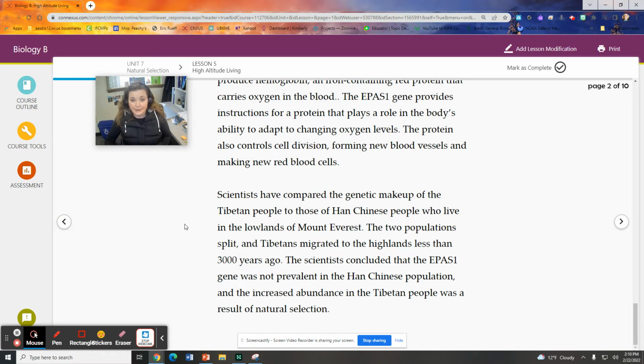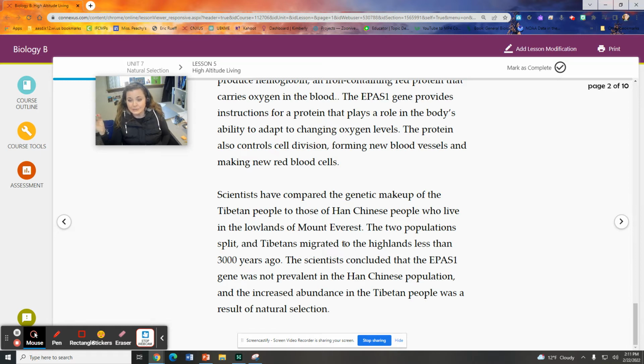Cool, pretty interesting. And again, it's one of these mutations where we're not going to outwardly see a huge difference between the people that live in the Tibetan Plateau and the Han Chinese people who live in the lowlands of Mount Everest, from whom the Tibetans are descendants. Outwardly, they would look very much alike. You wouldn't really see it, but there's a physical adaptation here, right? This is an actual adaptation.